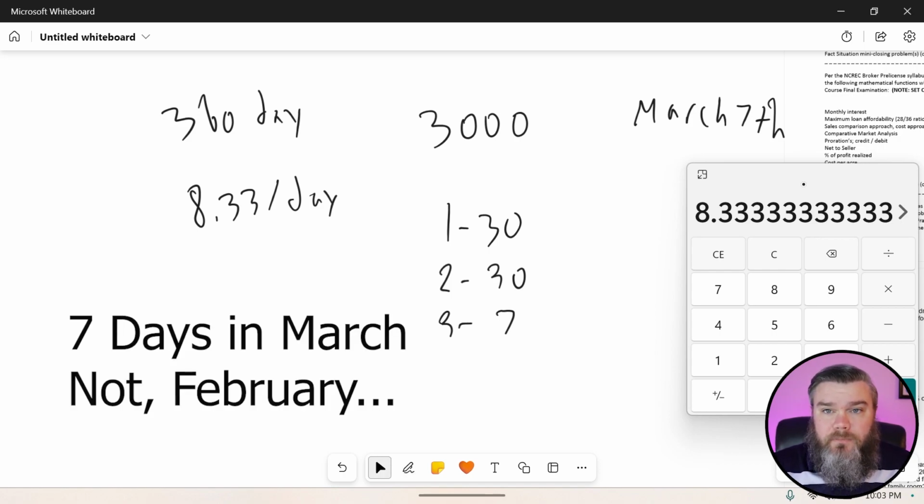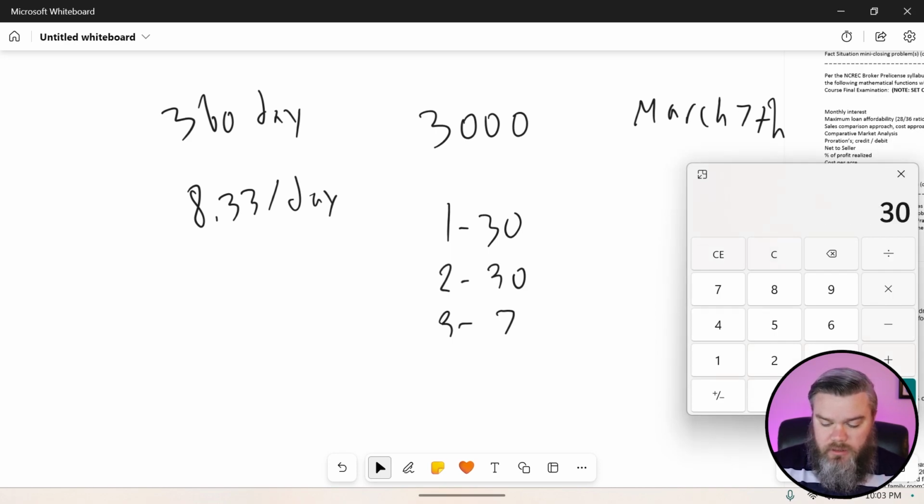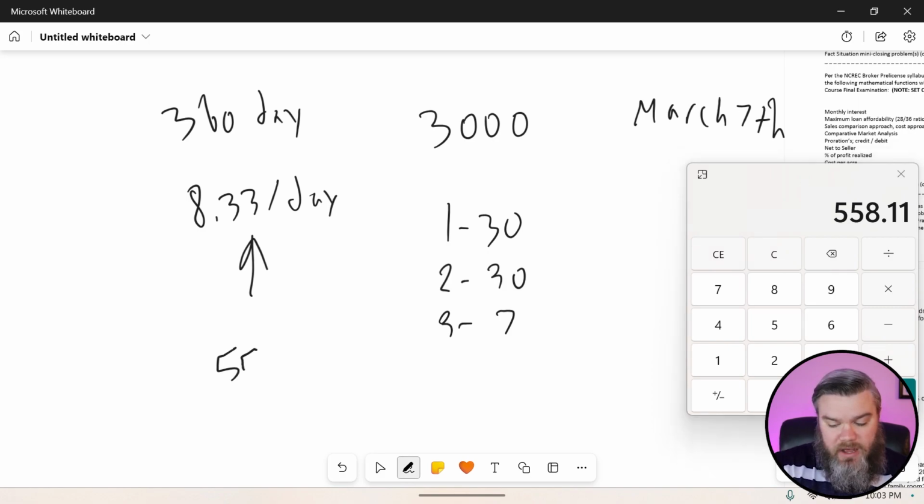So the seller owned 30 plus 30 plus 7, which gives us 67 days. And so we know how much somebody's responsible for per day. So 67 times our per diem of $8.33 says that the seller's portion of that $3,000 tax bill is